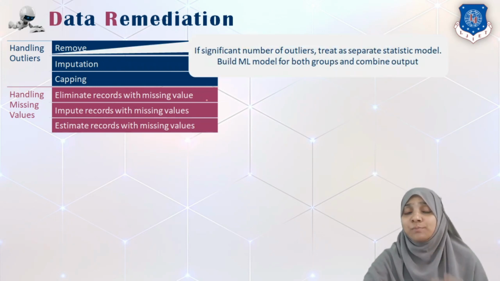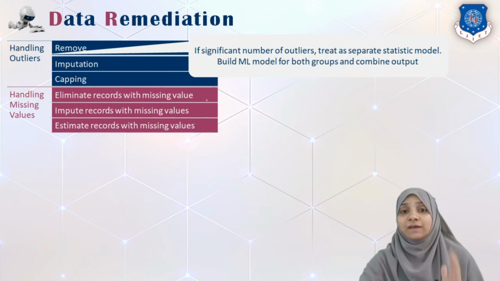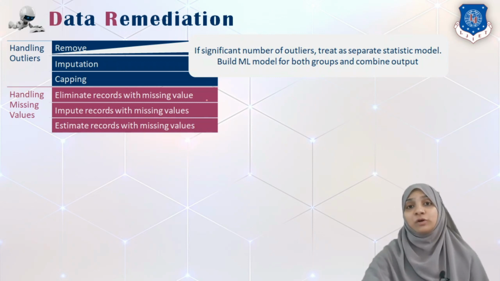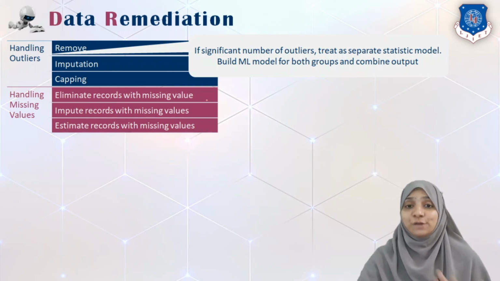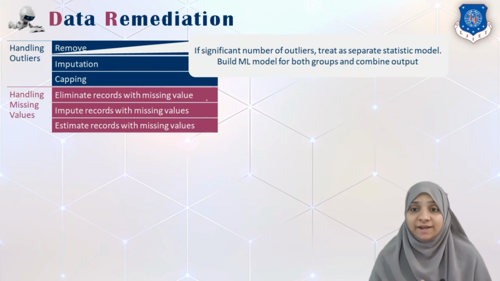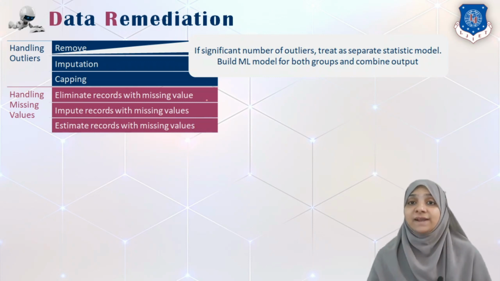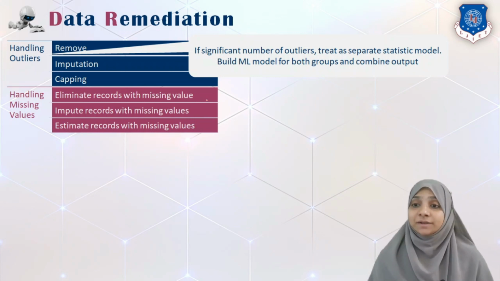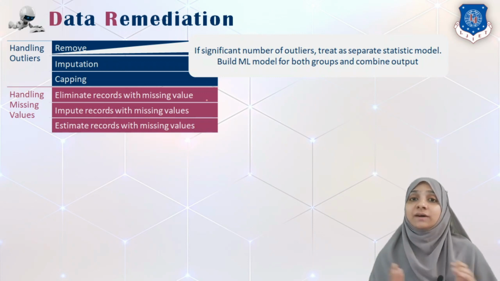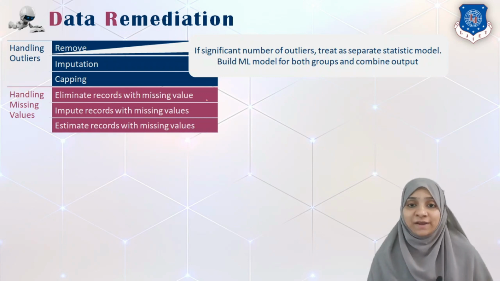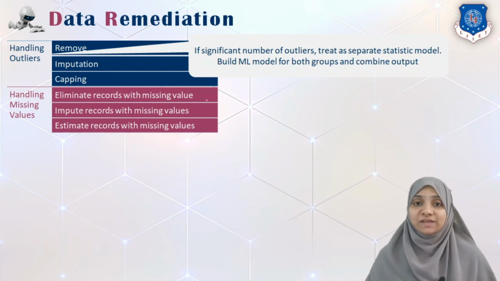If there are more outliers in a given system, say records are 400 and 40 are outliers, that means there are so many outliers that it is not advisable to remove, impute or cap them. We can make another subset of those outliers and make a separate data set, and treat that data set as input to a separate machine learning model. We can build a model for two different groups, a data set which does not have outliers and another data set which is composed only of outliers. We combine the results of these two models.